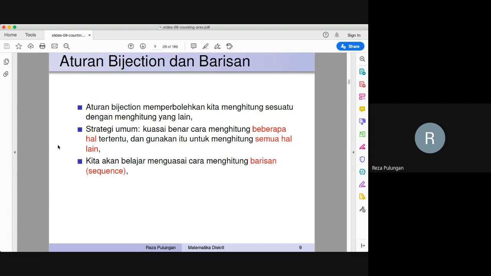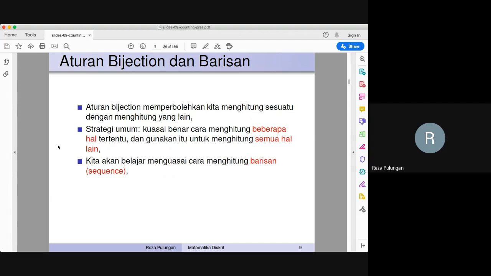We are going to master how to count sequences. So this is basically the secret. Any sequence that is given to us, we are going to find a way to count it.